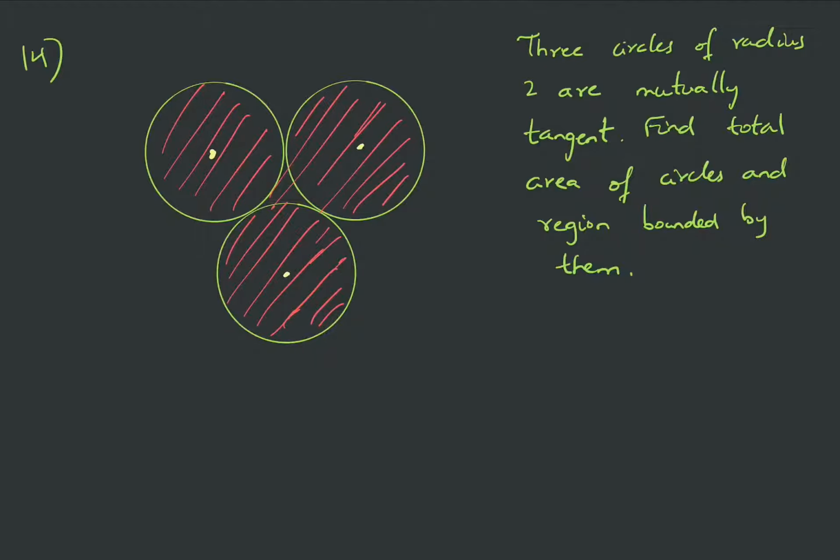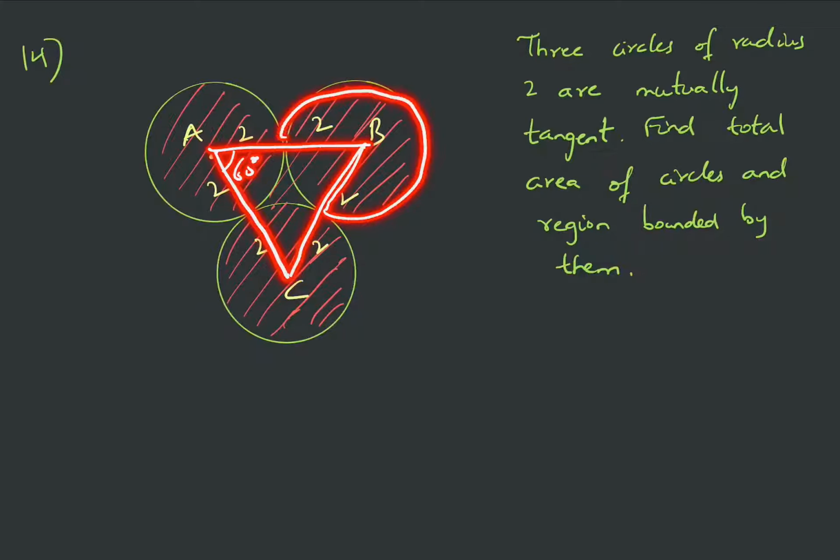So let us say these are the centers, and if I join this, okay, since these circles are externally tangent, the distance between their centers is nothing but the sum of their radii, that is 2 plus 2, 2 plus 2 and 2 plus 2. So let us say this is A, this is B and this is C. Fine. So since this triangle ABC is equilateral, this is 60 degrees, right? So you can find the area of this equilateral triangle, and then you can find these areas. Okay, this is the area of a sector which subtends 300 degrees at the center.